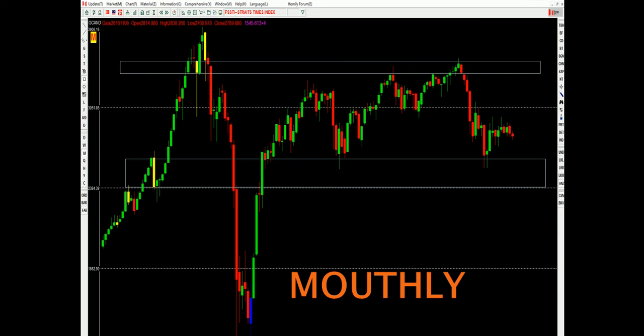So we can see here, it touches the resistance. If you draw the line for the monthly chart for the market, here you should sell quickly, right? You will not be trapped because this is the sell point, because this is the resistance. Okay, so here it touches the support.